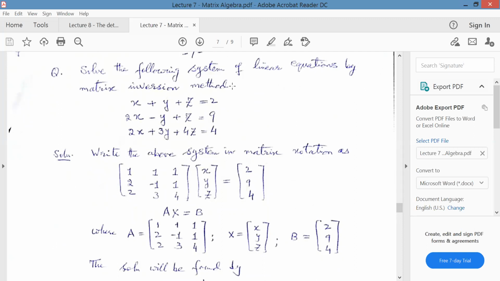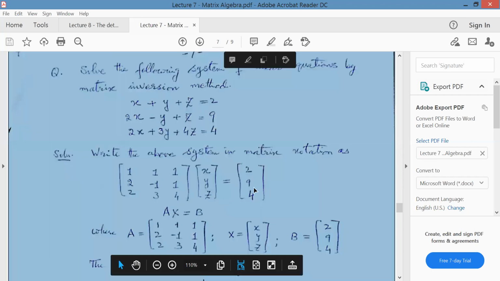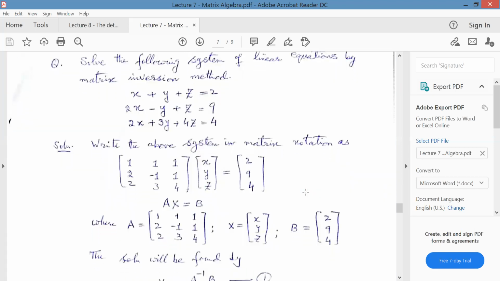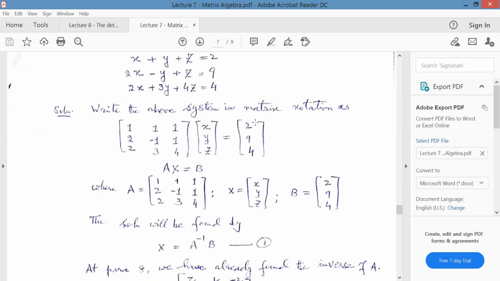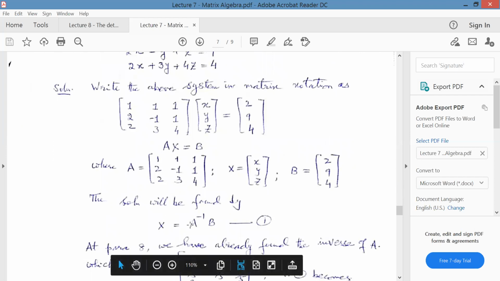And on the right side, write the matrix of the constants. ठीक है, इसको आप A कर लेते हैं, कोएफिशिएंट मैट्रिक्स को, वेरिएबल को X कह लेते हैं और कांस्टेंट मैट्रिक्स को B कह लेते हैं. तो AX is equal to B, where A is coefficient matrix, this one, X is the variable matrix, this one, and B is the constant matrix, this one. How can we solve this AX equal to B? X can be found by bringing A to this side, that will become A inverse into B.